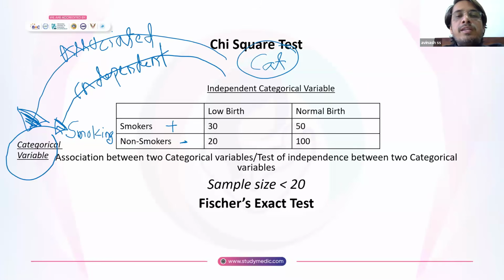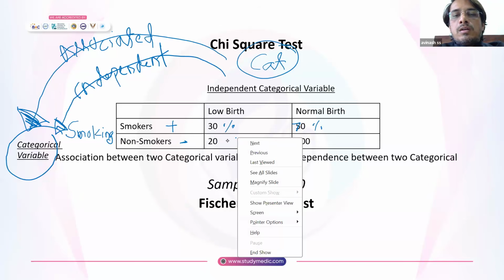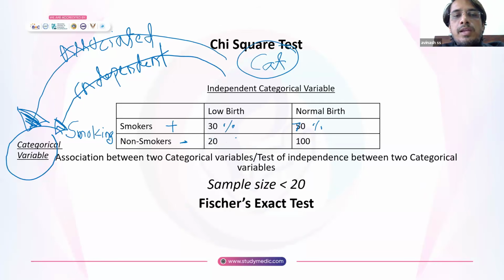That means, is one categorical variable associated or related to another categorical variable, or is it independent of the other? Suppose around 30% of smokers have low birth weight and 70% have normal birth weight, and 20% of non-smokers